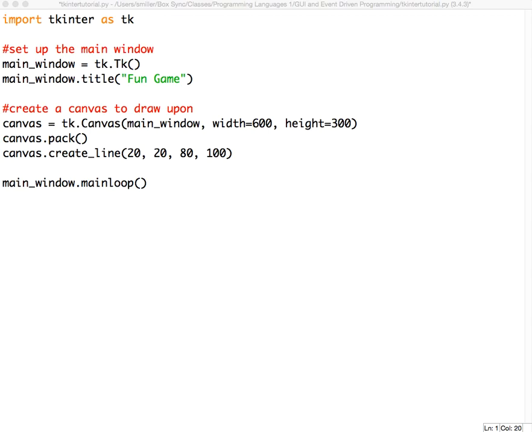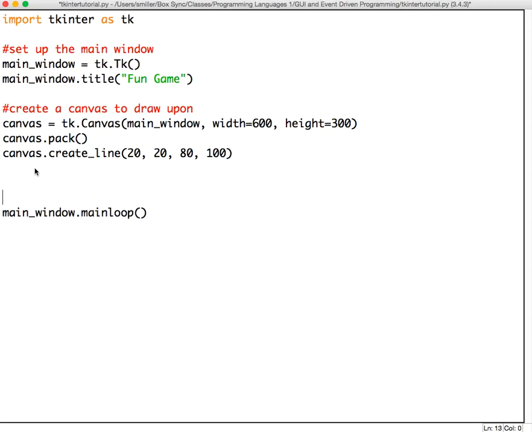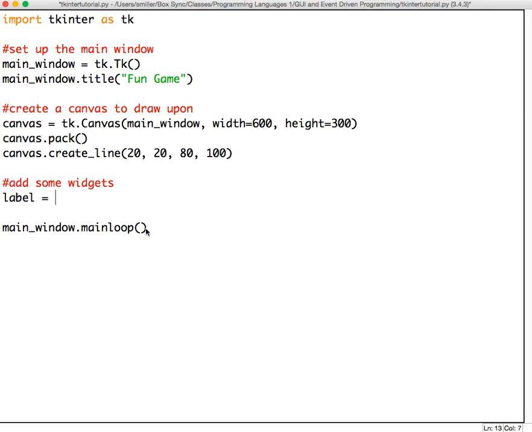So we've got the same program from the last video with our main window and our canvas. I'm going to add to it. Remember, this main loop function that belongs to the main window is how we kick off the application. So any setup that we want to do, we want that to happen before the call to the main loop function that you see here. So let's create a few widgets. Put a comment there, add some widgets, and I'm going to create a label, and I'm going to call it label. So label equals a TK label,